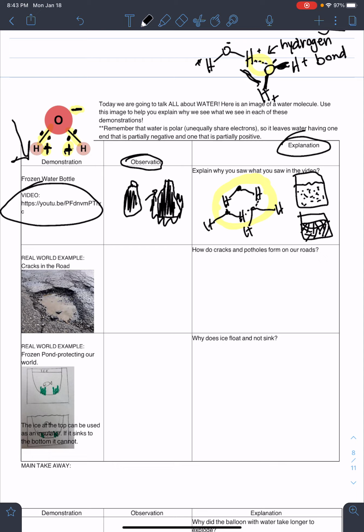So the next example that we're talking about is cracks in the road. How do cracks and potholes form on roads? Again, on this observation point, you're just writing whatever you want in there. On the explanation part, we need to answer this question: how do cracks and potholes form? First, let's think of a road. So we have a road here, and when it rains,